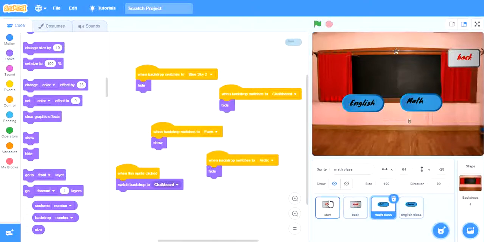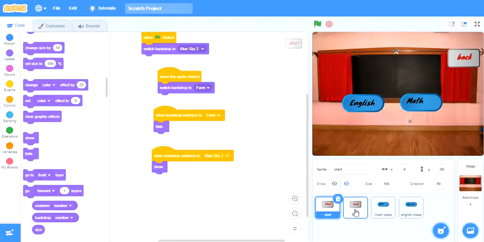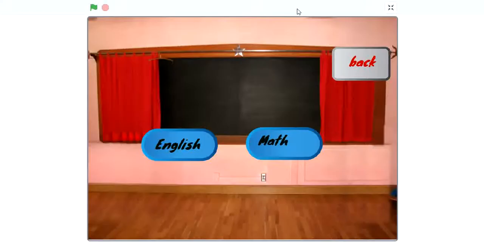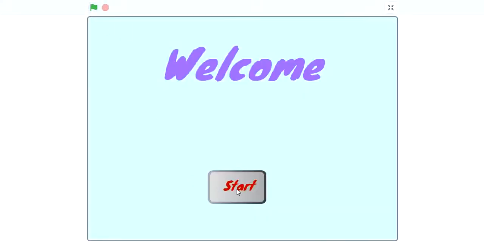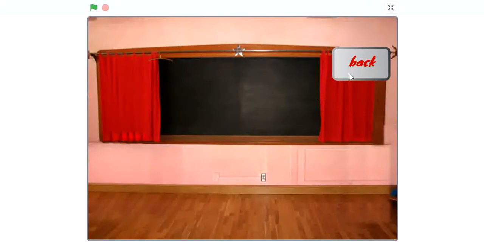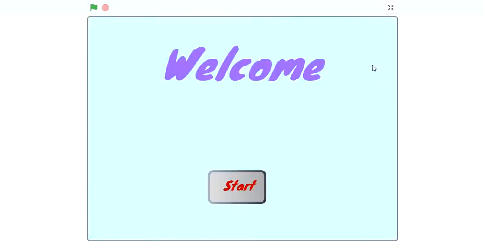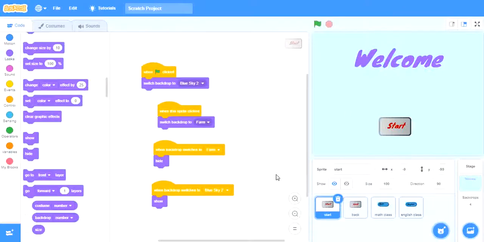So this is all the coding that you would need for the buttons, then you would start the real action. So let's start here, press green flag, start, math class, back, start, English class, back. Okay, so this is part one about coding this,